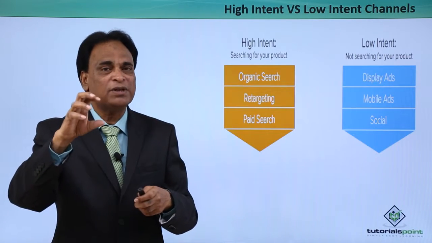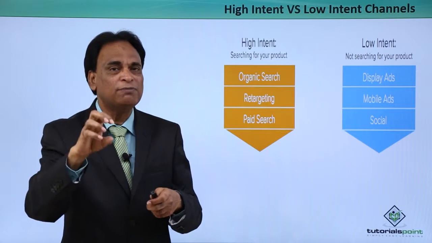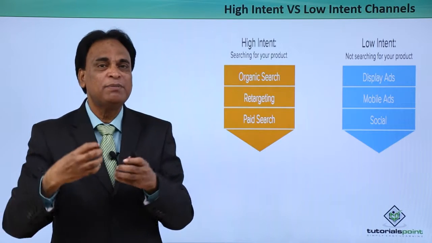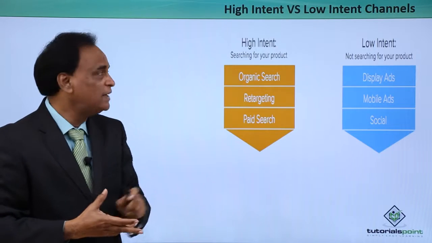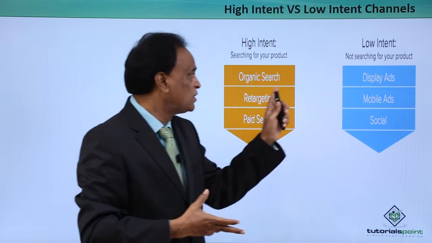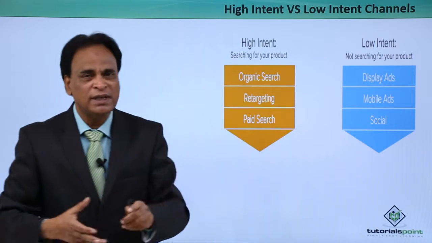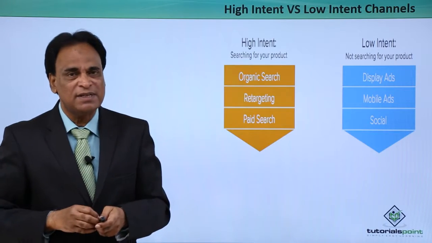When I am looking for a particular product, they identify what my intent is, what I am looking for, and what my needs and necessities are. Based on that, ads will be pushed to me across multiple websites, and these are basically high intent searches for your product. Low intent: display ads, mobile ads and social,